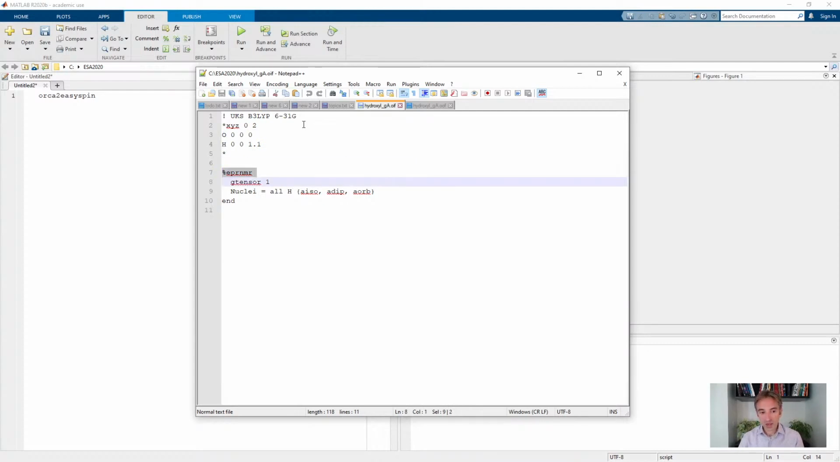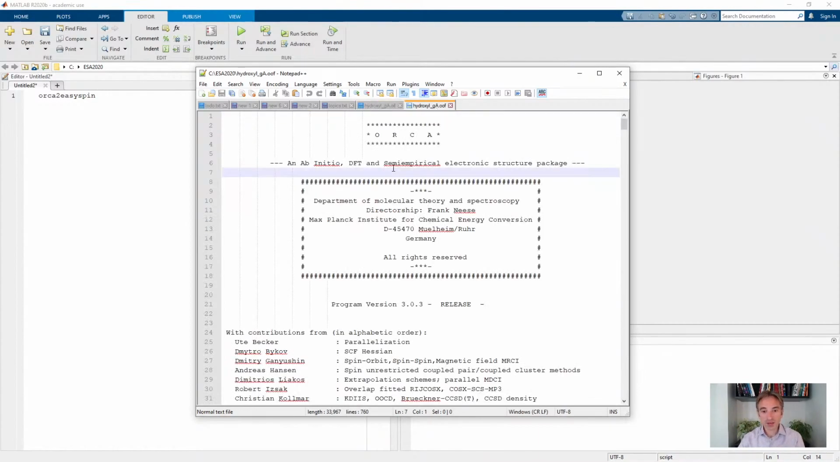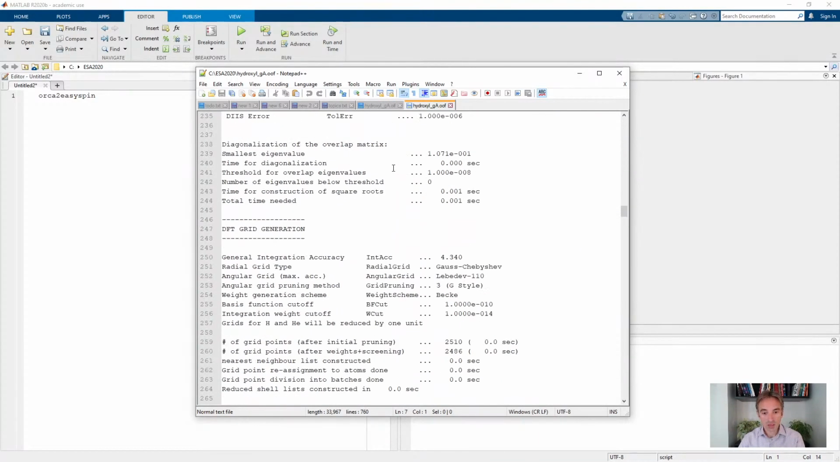In order to do that, you have to add an EPR/NMR section to the input file, called EPRNMR, and tell it gtensor 1, the one just indicating that it should calculate the g-tensor. And then there's a nuclei section where you specify they should calculate, for all protons, the isotropic, dipolar, and orbital hyperfine contributions. Now, if you run this, you will get an output file that is very long, contains a lot